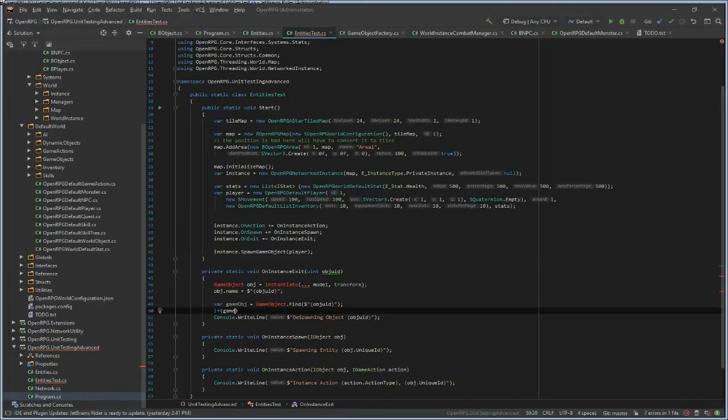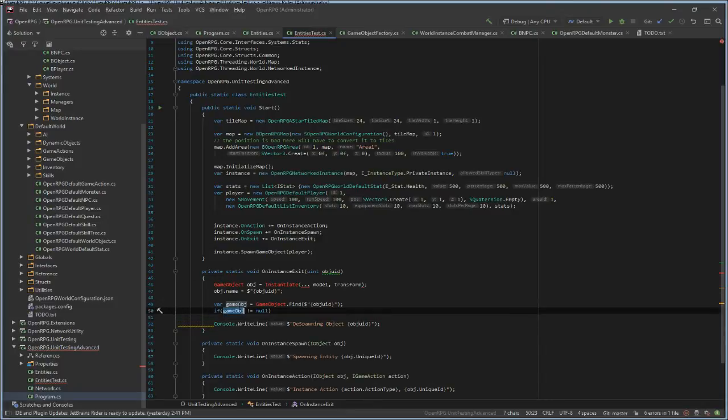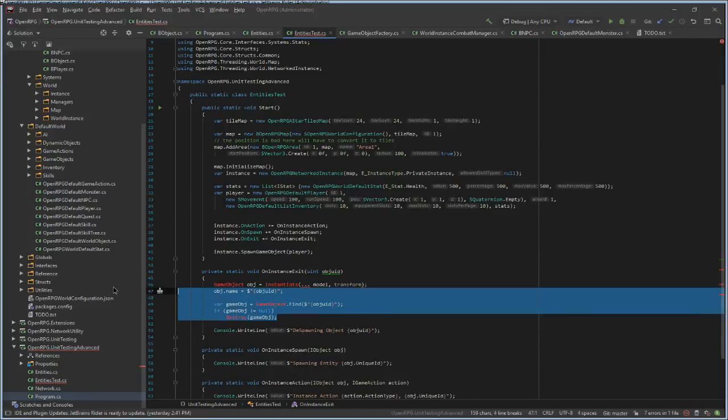If the game object isn't null, if we found an object with this ID, we just destroy game object. That's it. That's how we destroy game objects.